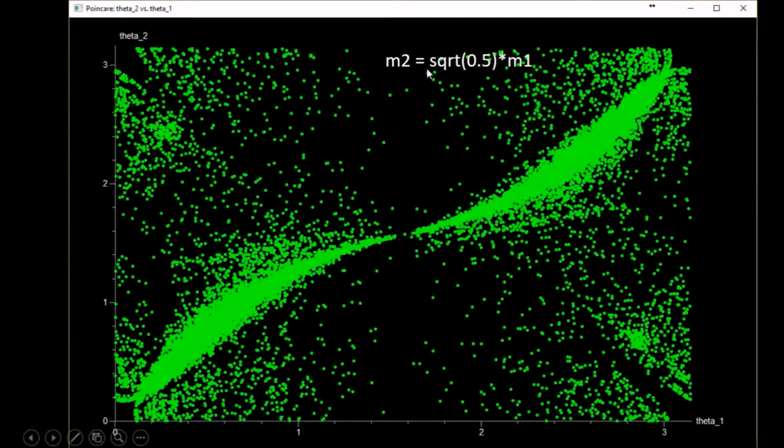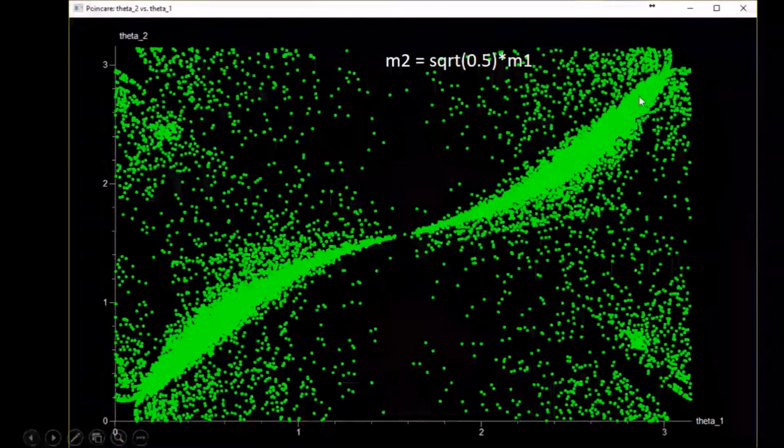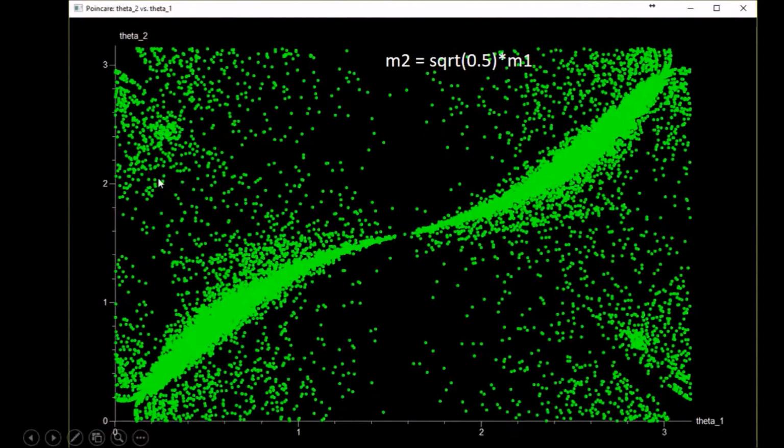And so I went ahead and tried that out. I tried out M2 equal square root of 2 times mass 1. Gives you this interesting graph. So I let this one run for like a day and a half. So that's why there's all these extra points around here. But you notice there are two